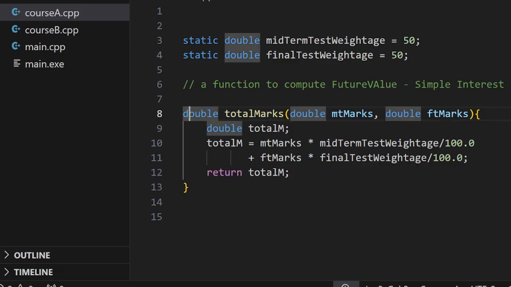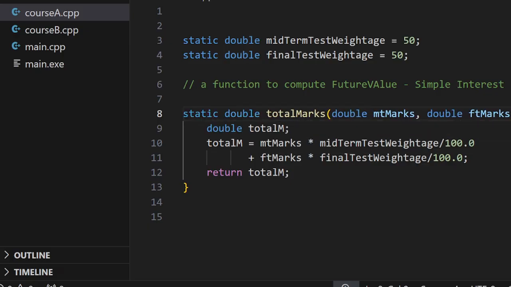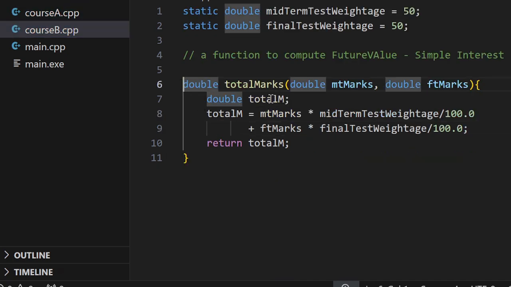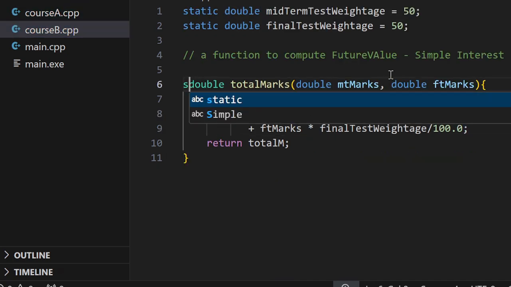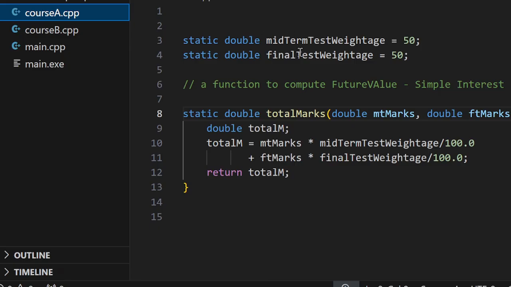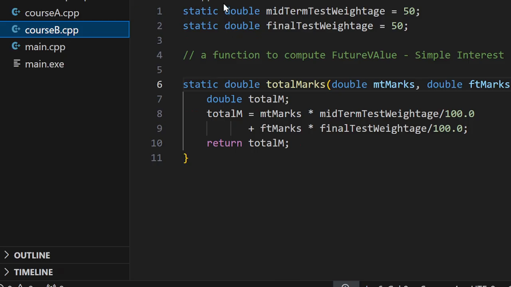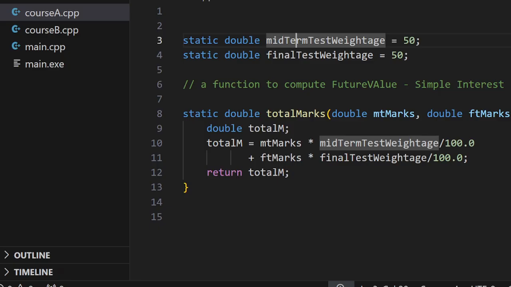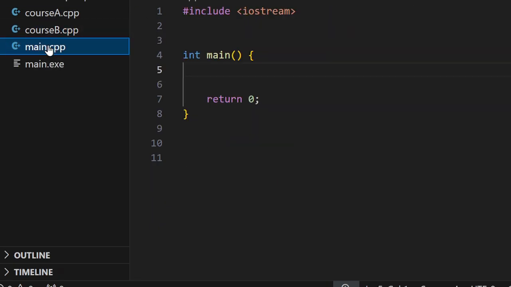I can do that by putting a static keyword before this first signature line, and also I can internally link this function by putting a static keyword here. So now both these variables and this function are internally linked to their corresponding modules. Let me make sure that I save this file. And to use these modules in the main function, I need to